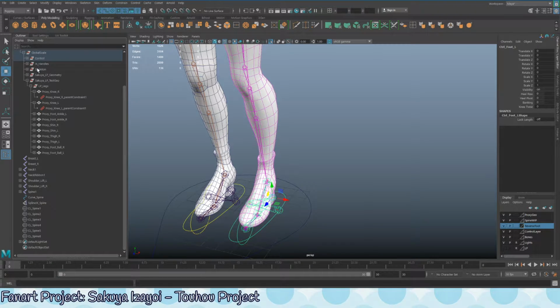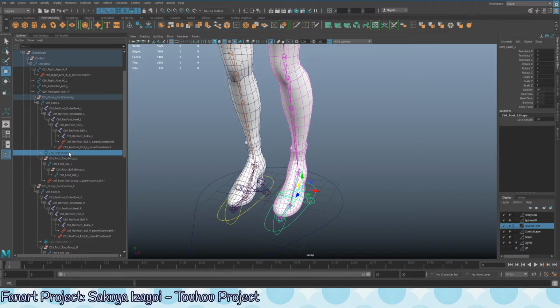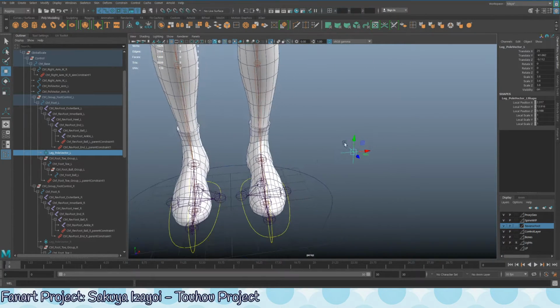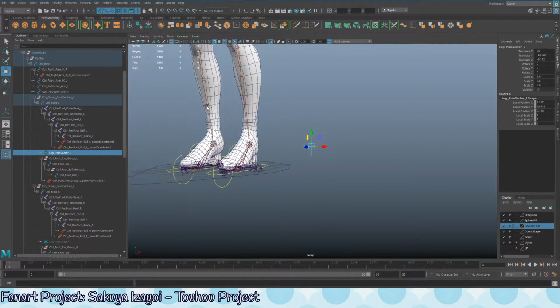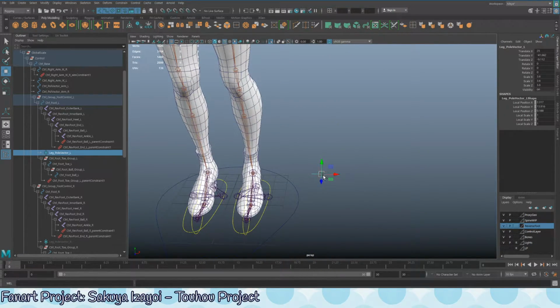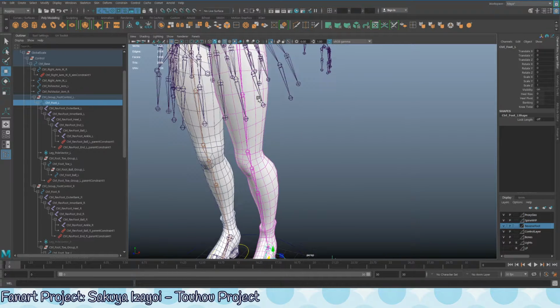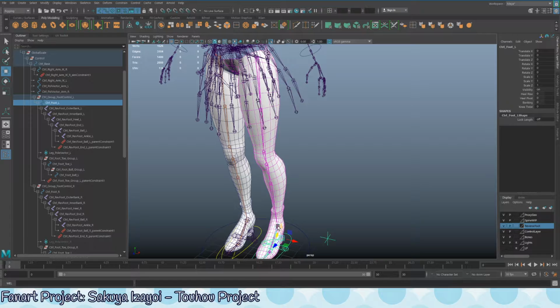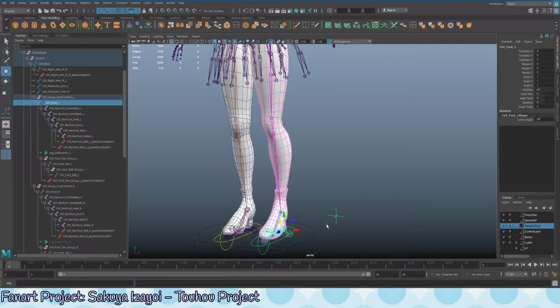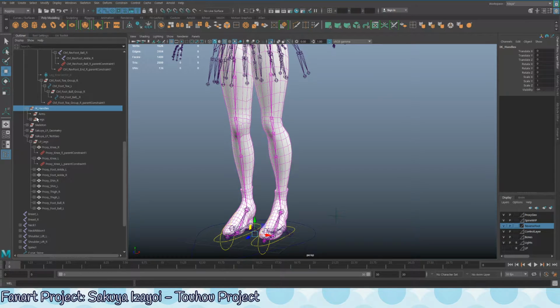So when we actually look for the pole vector, if I can find it, over here is a locator that serves as the pole vector, but since it is not intended to be directly controllable, it is more meant to correct the leg. So this serves as the pole vector for this IK chain here, and it is offset to the right, and what corrects it back, if we look for the actual IK handle,